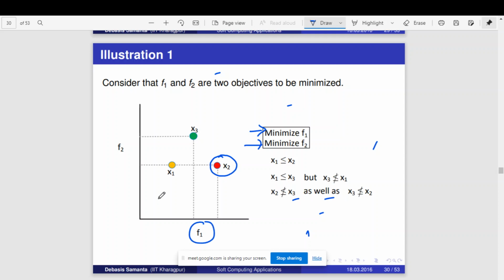Okay. So just by seeing the graph you can do it. But if you feel it is difficult, then you can give some random numbers, some meaningful numbers, and then you can check. And the question need not always be both maximizing. It may be that one is maximize and one is minimize. It may be otherwise also. Okay.